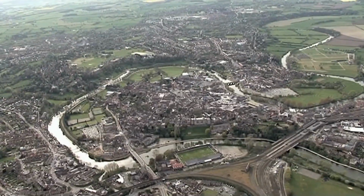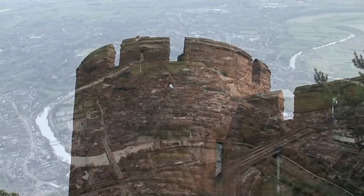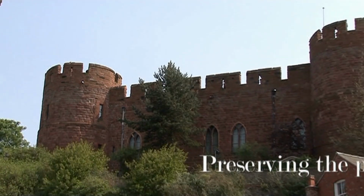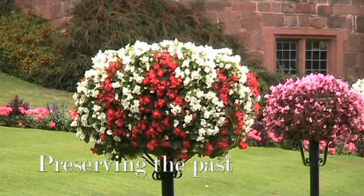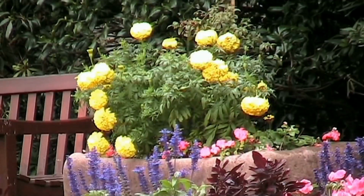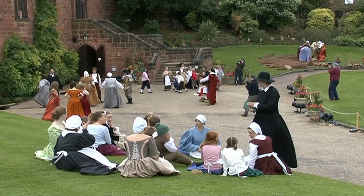Shrewsbury, the historic capital of Shropshire, where the River Severn wraps around the town like a fast-flowing moat, protecting it on almost all sides. And where the town doesn't have water, it has a castle. The Triassic stone defences and the oxbow of the river have defended the town from attack for the last 1,000 years. They've acted as the last line of defence in various campaigns, from the Wars of the Roses to the